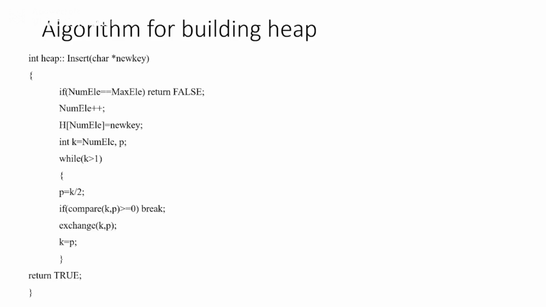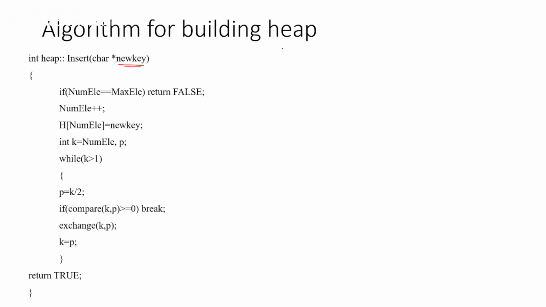Now let us go for the algorithm for building the heap. So we have a new key as a parameter. Whatever new key has been entered, that will be taken as a parameter for heap. And we have a num element which will be assigned to 0 initially.